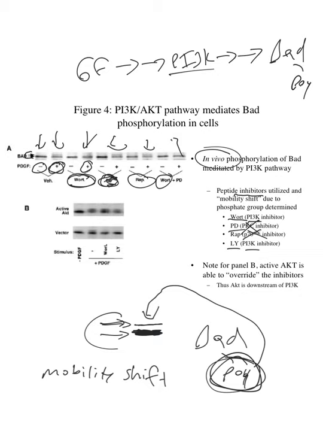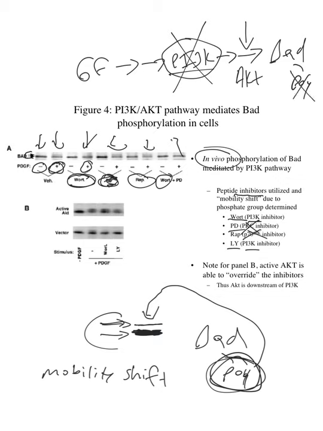Now, let's see if we can demonstrate the order of the pathway and specifically try to show that this arrow in the pathway is AKT and it's downstream of PI3 kinase. The way that we do this is we use an inhibitor of PI3 kinase. So we can use wortmannin or LY to inhibit PI3 kinase, show that bad phosphorylation goes away, so we lose